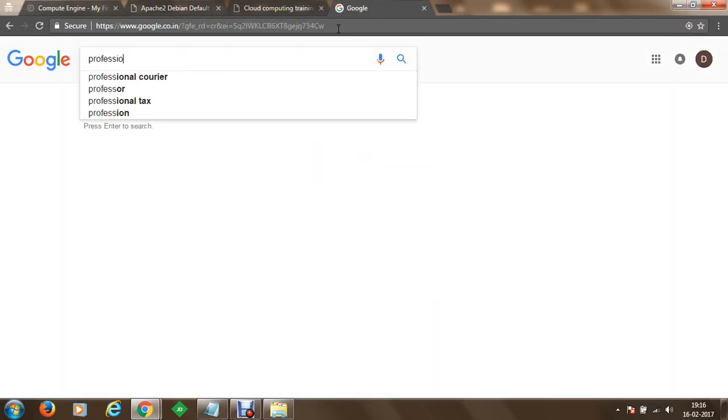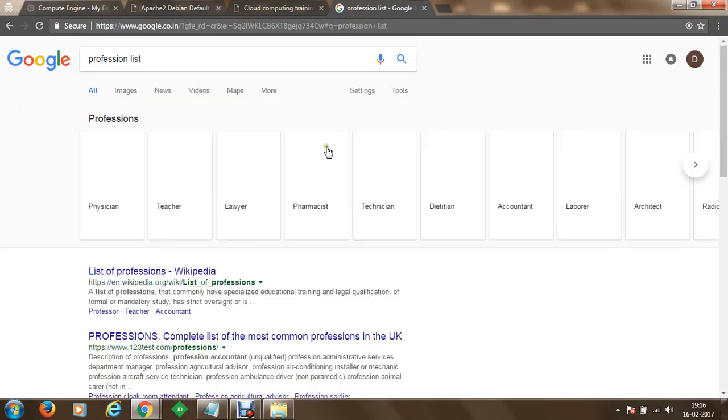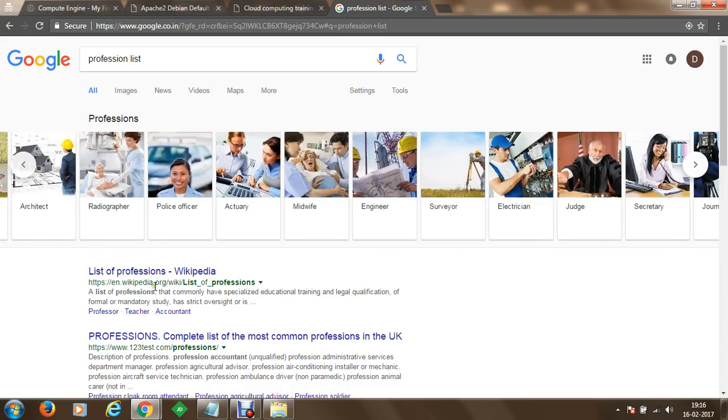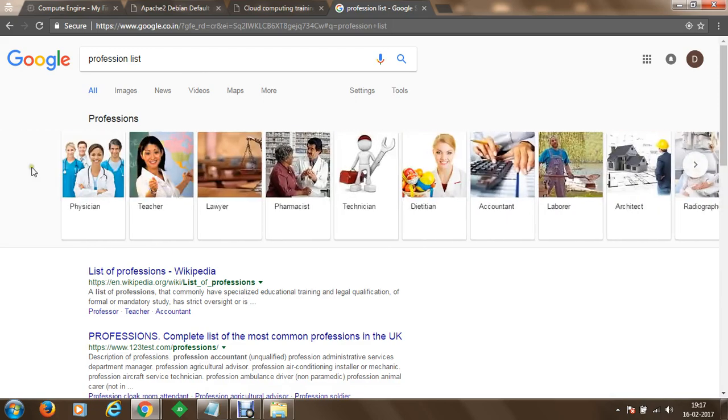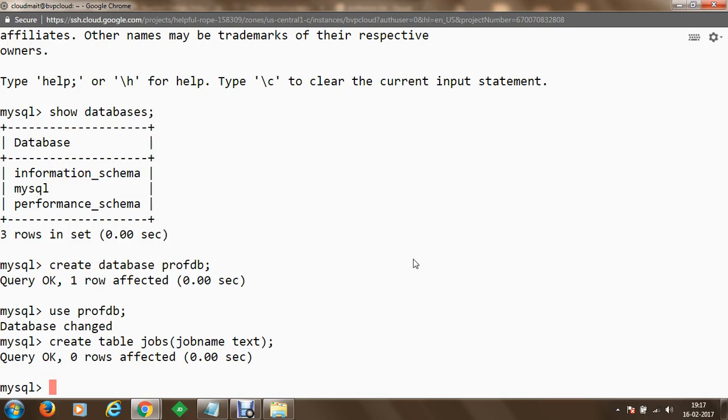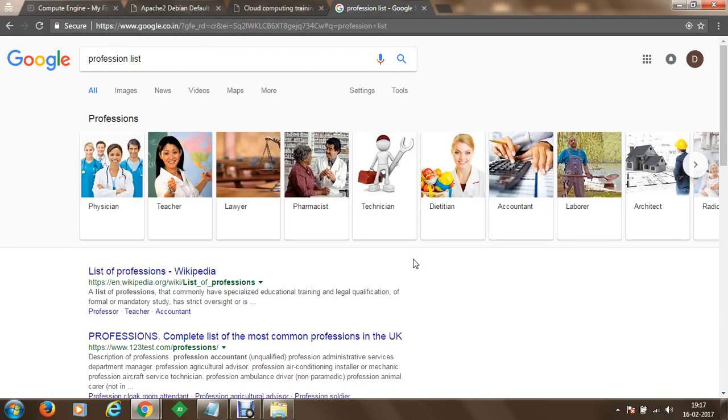So we can simply type in profession list, and we get a list of professions available. To make it a funny application, we are going to take some funny and low profile professions.